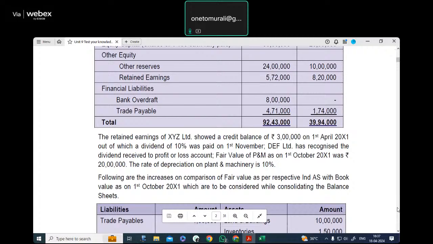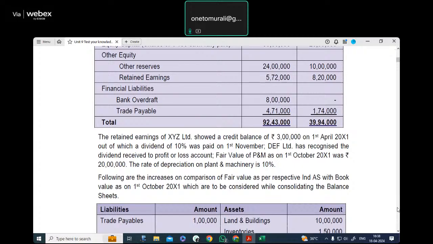They have reported 3 lakhs at the year beginning, out of which a 10% dividend was declared and the same was taken to the credit of profit and loss account. Here is a place where you have to be very careful. The purchase was made on cum dividend basis, and therefore we will not accept a credit to P&L account. We will rectify it by making an adjustment to the investments account.